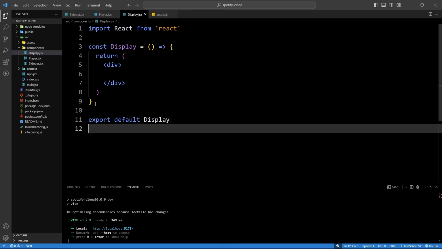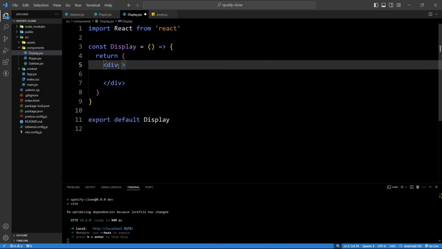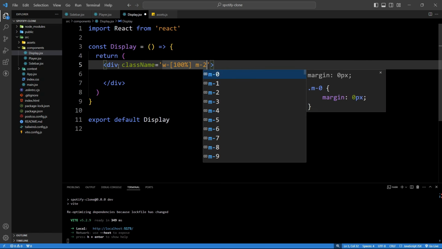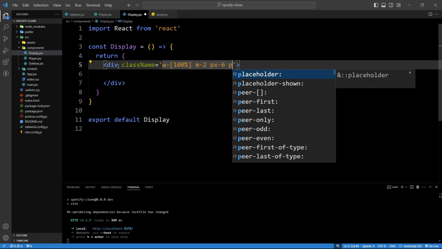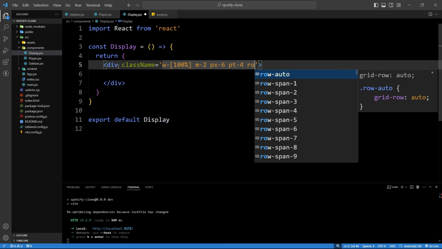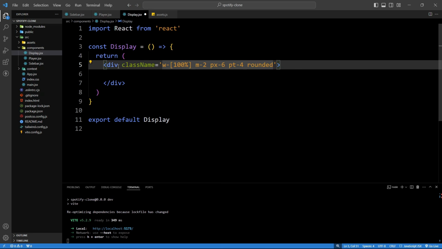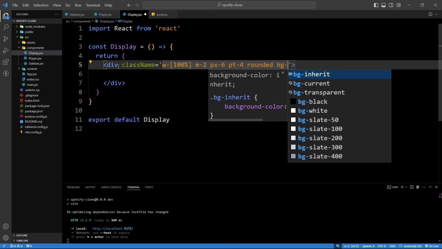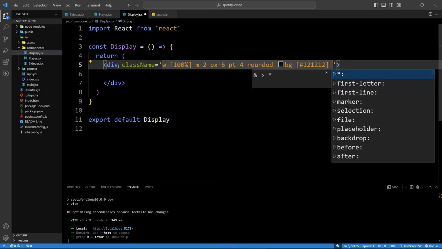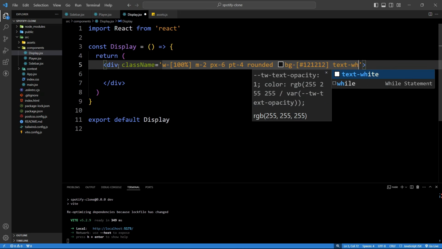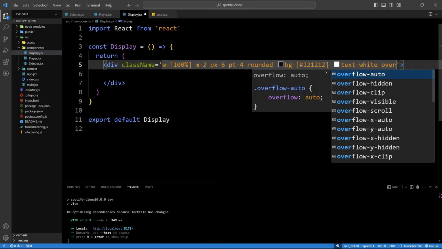Now we will open display.jsx file. In this div we will add the class name property, and here we will add the width. So just add W 100%. We will add the margin M2. Then we will add the padding from the x-axis. Then we will provide the padding from the top and border radius. So it will be rounded. Then we will provide the background color, and we will provide this color code. After that, we will add the text white, then overflow auto,